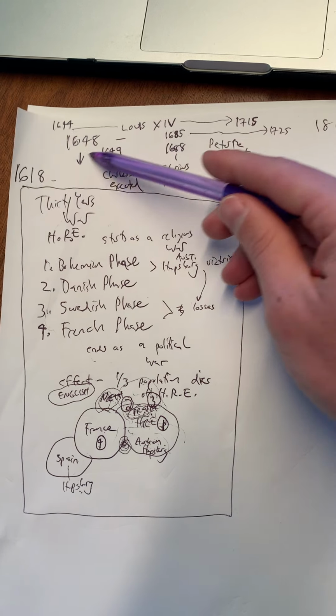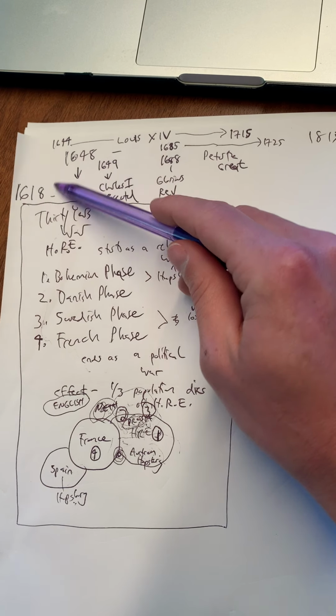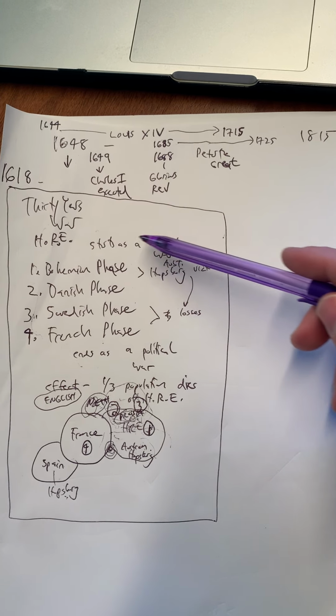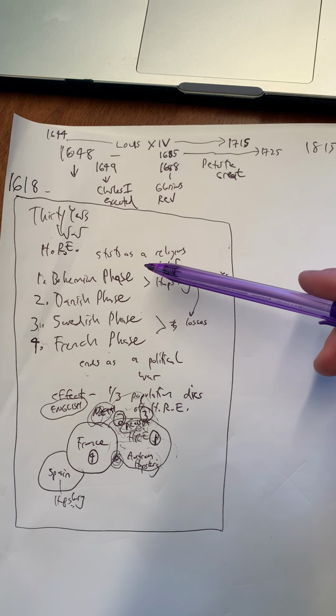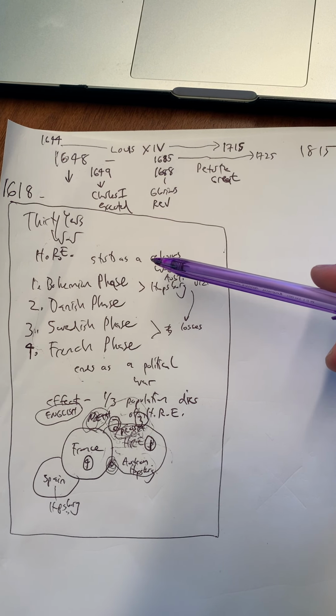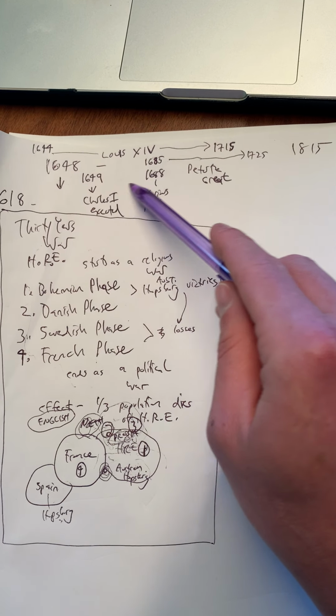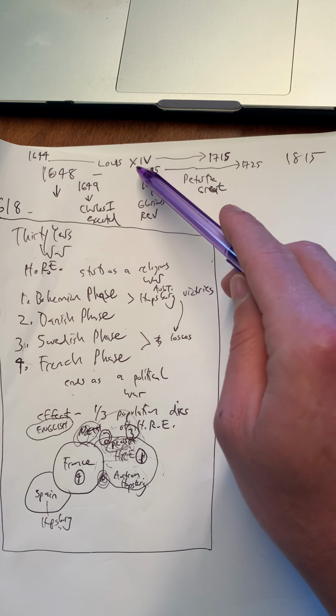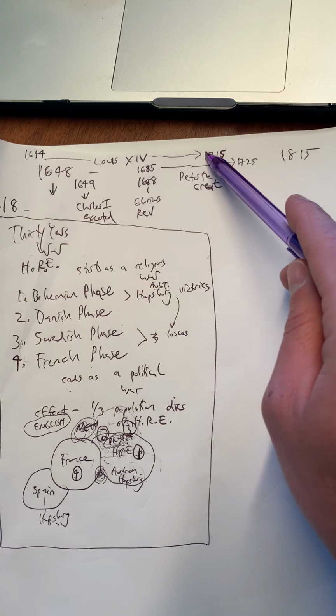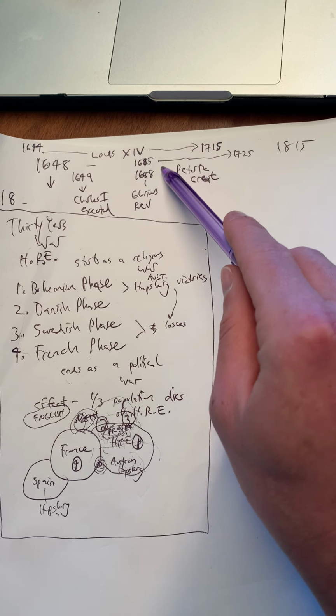And so we've got 1618 to 1648, the Thirty Years' War. That information from the last video. You've got England's Glorious Revolution, Charles I executed to the Glorious Revolution. Those are the two dates that I remember. And then you have the monarch Louis XIV that has to do with absolutism in France, and Peter the Great